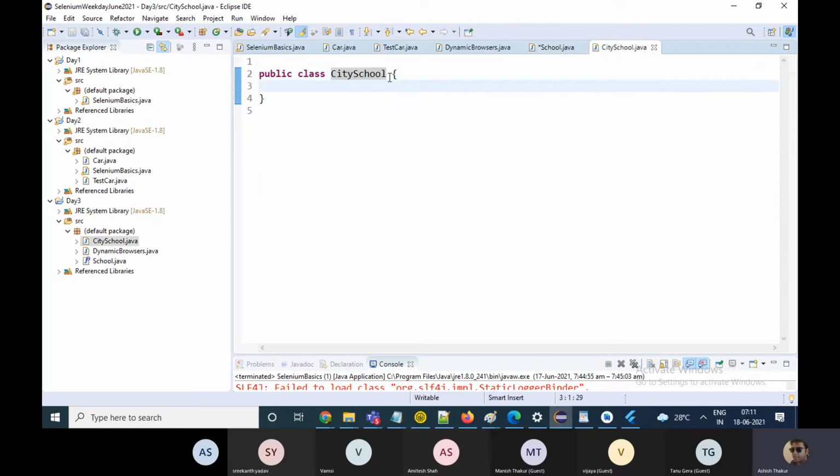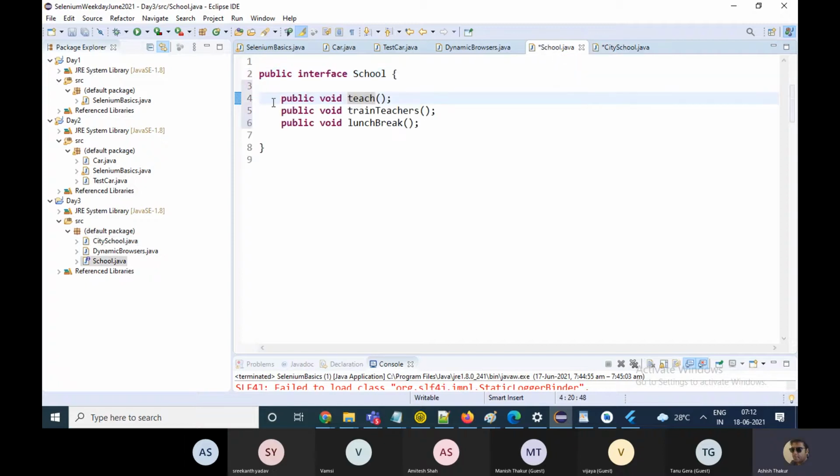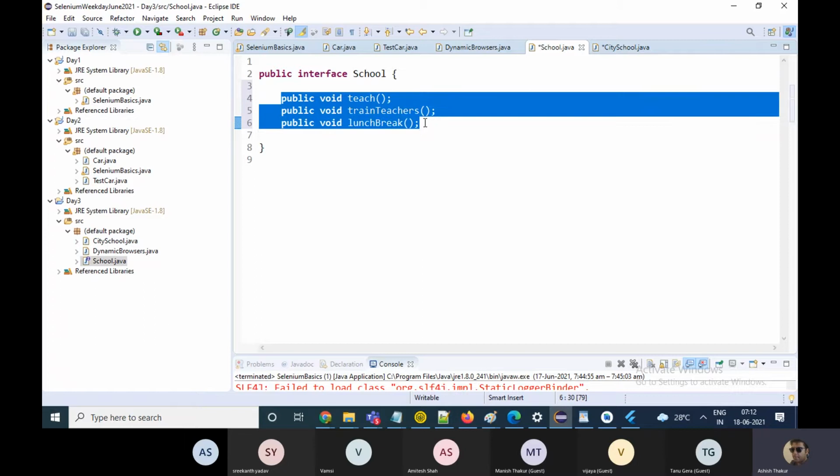So what we do is that we write over here this class implements school. So if a class is implementing an interface, then it is mandatory for that class to implement all the features of the interface. Okay, right. So over here you have got three functions.